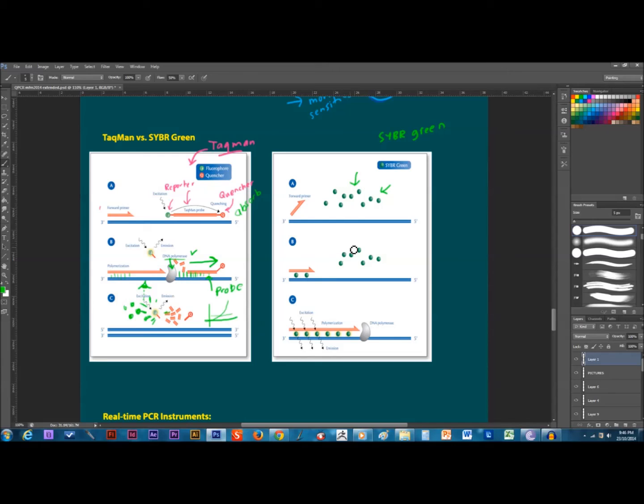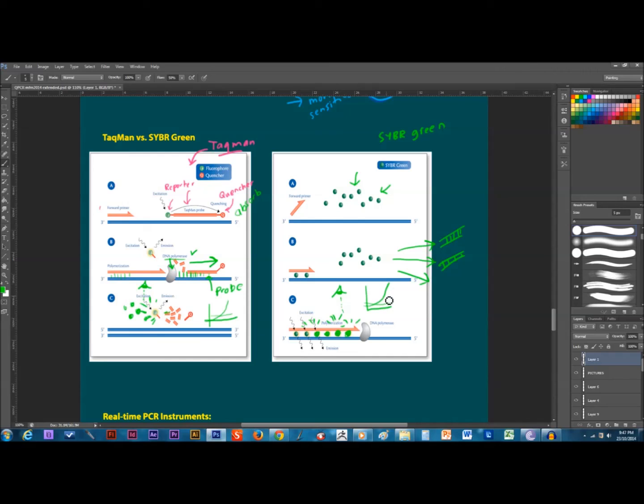Okay, after several cycles, new double-stranded DNA strands are produced. So these SYBR Green dyes will bind to the double-stranded DNA, and the fluorescence signal is amplified. More fluorescence signal is sent to the detector, so it can make the